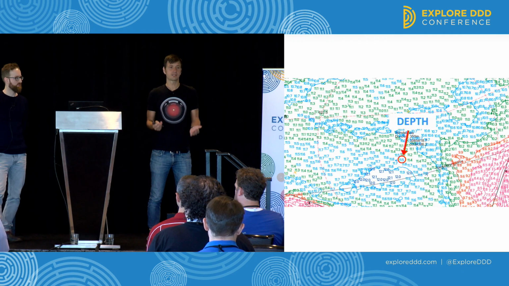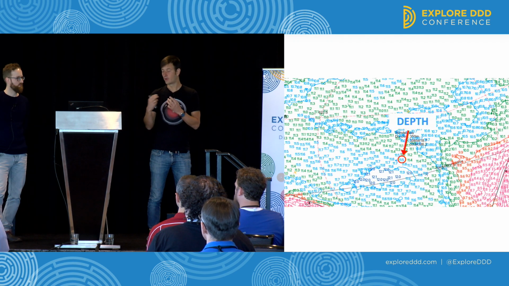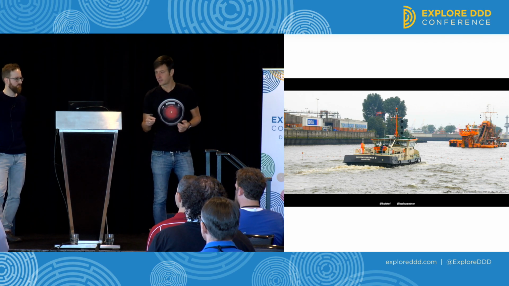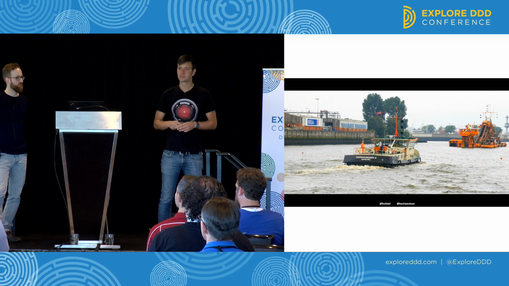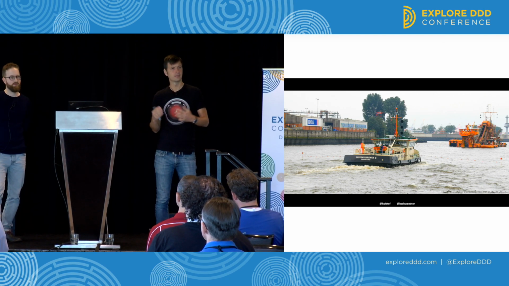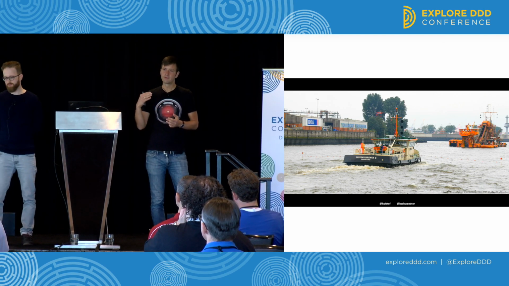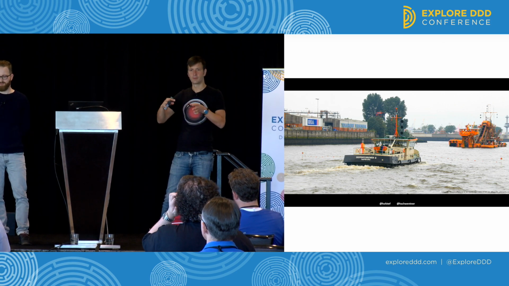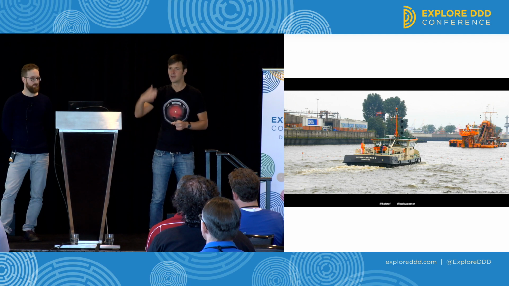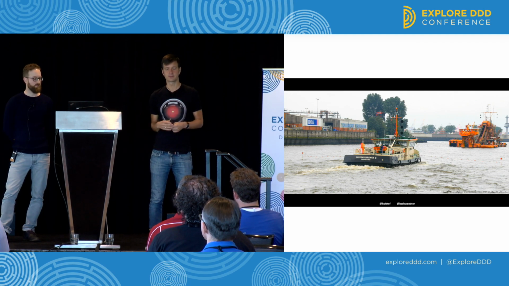Okay, where do these depths come from? Of course, we need an infrastructure to get them onto the paper. And this infrastructure consists of these special ships, so-called sounding ships. They have an echo sounder on board, and they sail every day through a part of the harbor, every day a different part, and sound the depth. They measure the depth with the echo sounder.